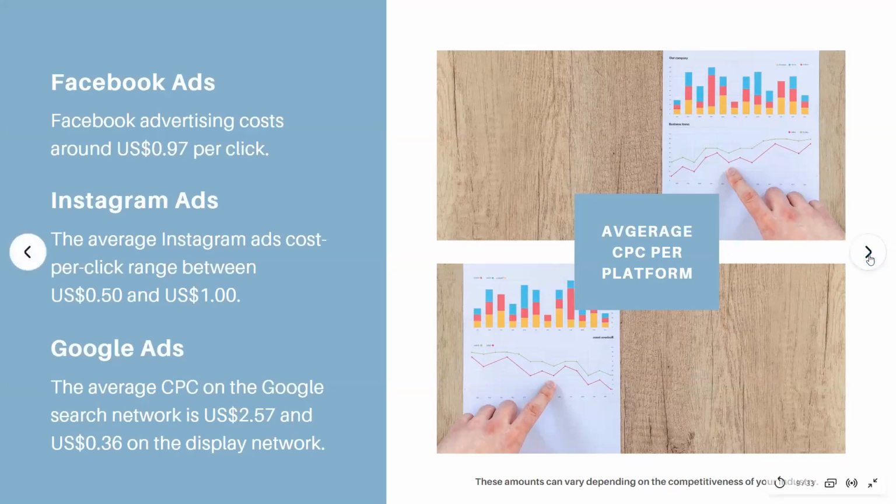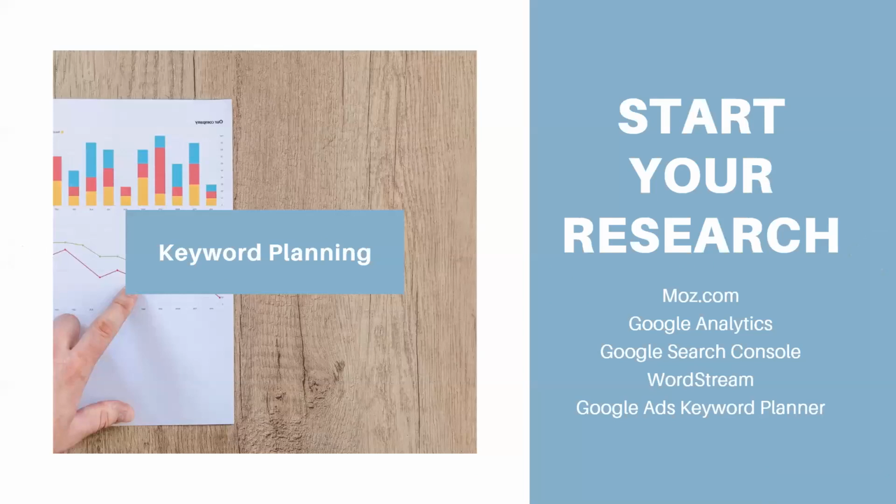So when you're determining your Google Ads budget, you want to start with some keyword research. Your keyword research can start on moz.com, your Google Analytics, your Google Search Console, WordStream, Google Ad Planner. Those are some really good options for you to start understanding what the industry standards are that I can expect. I usually use WordStream for this, and I'll just type in WordStream industry standard, and there's a nice little website that summarizes cost per click,